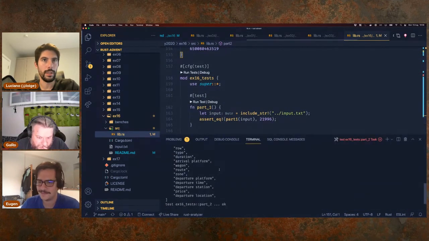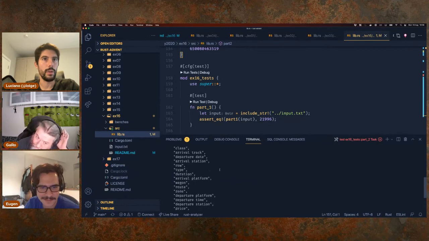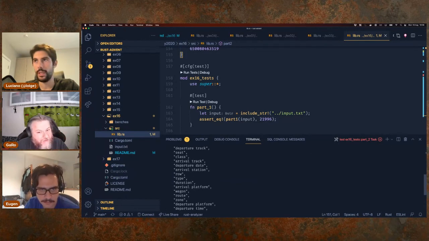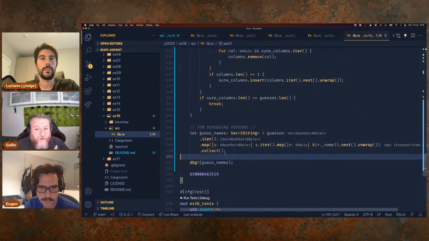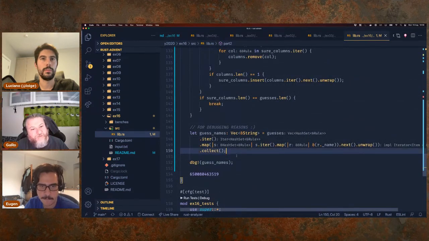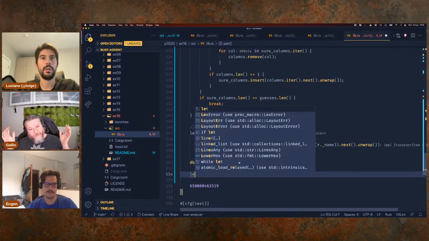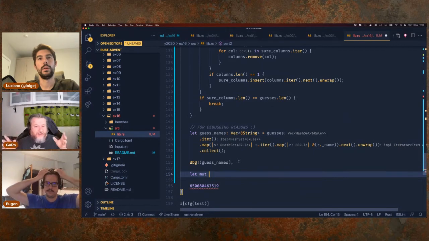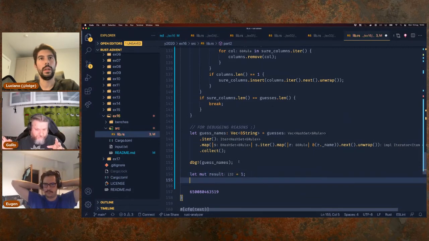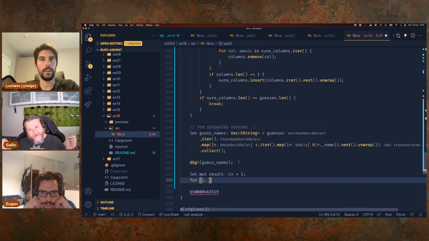Okay. Yes, cool. So now we only need to find all the ones that start with departure and keep the indices. We can do a for with an enumerate again, and we don't lose the index. Initialize an accumulator to 1. We have to multiply all the numbers together, right? Yep. Okay, our result equal 1. And then we do for index, guess name in guesses names,